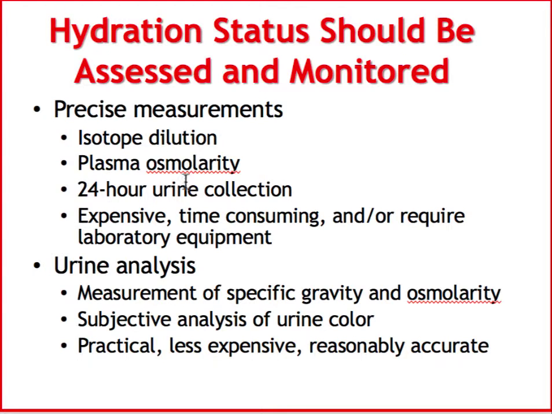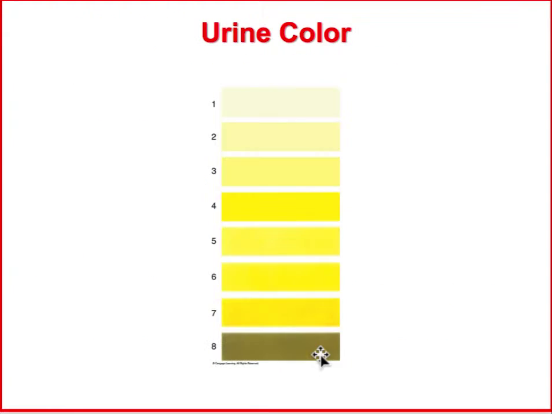But you can do urinalysis. That's just looking at your urine. It's more practical and less expensive. And I would have to argue that it's not necessarily reasonably accurate, but we'll talk about it, because the sports dietitians, the SCAN, which provides recommendations to NCAA athletes, talks about urine analysis, but as far as I know, even that site might not be quite updated, but we'll talk about it.